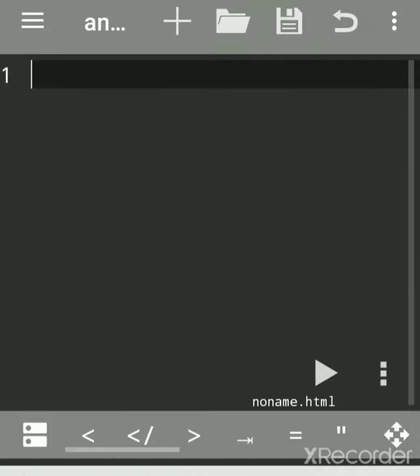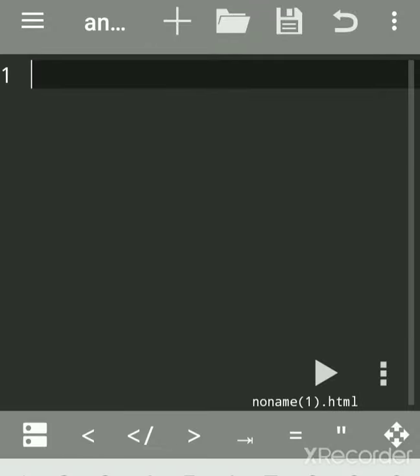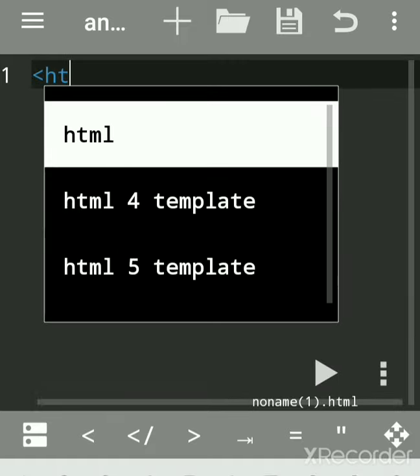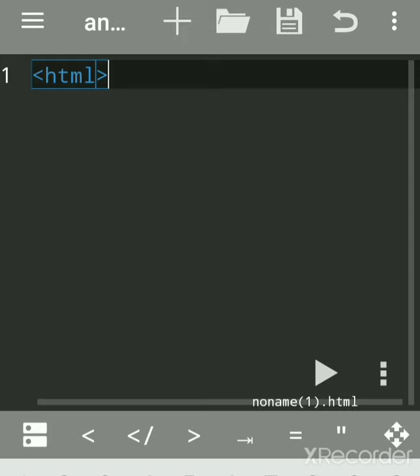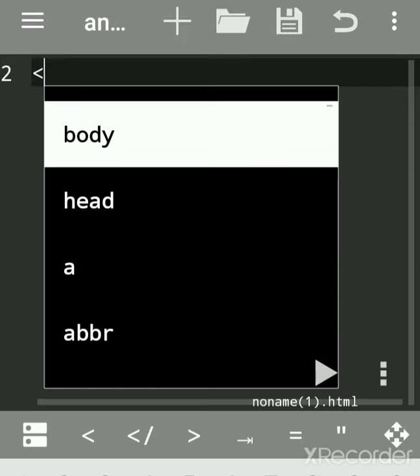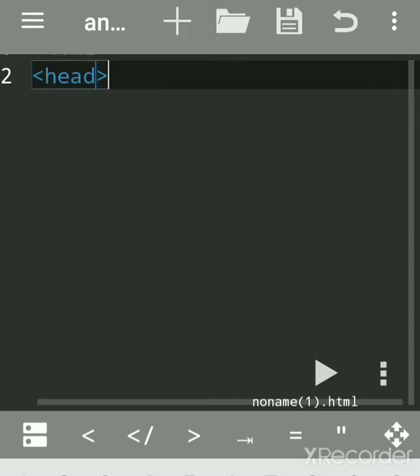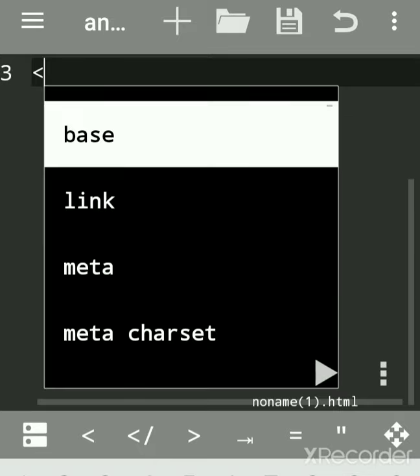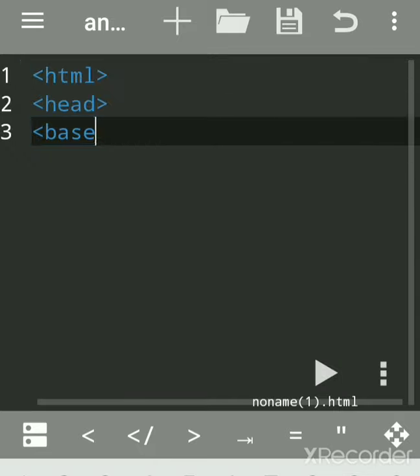JavaScript is used for dynamic web programs. Click on this plus sign to create dynamic web pages, and it is used for client side scripting as well as server side, but mostly it is used for client side. And you can embed JavaScript in HTML. So give title here.